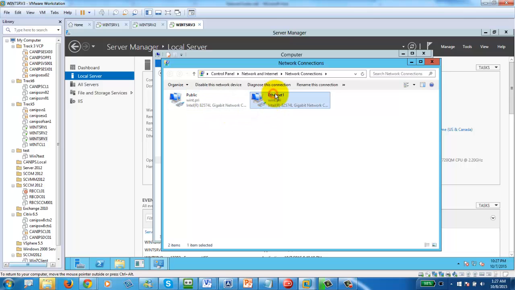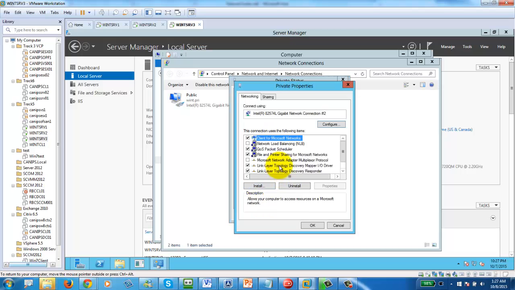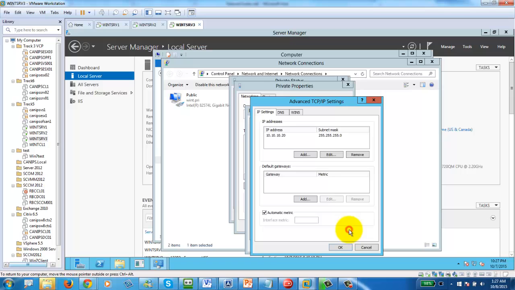Why are we naming them public and private? Because in all the failover networks where you go to, they will be named either public or private, or internal or external. It just makes it easier for us to remember, oh, this is the heartbeat network, or this is the public network. So here I'm gonna disable IPv6, and here 10.10.20 based on our diagram, and again go to advanced,